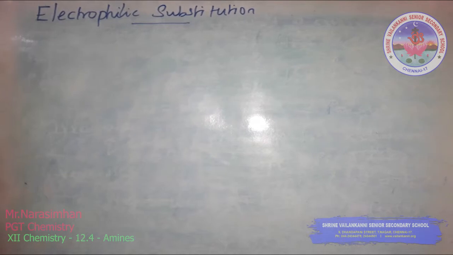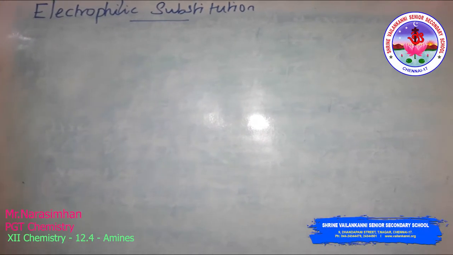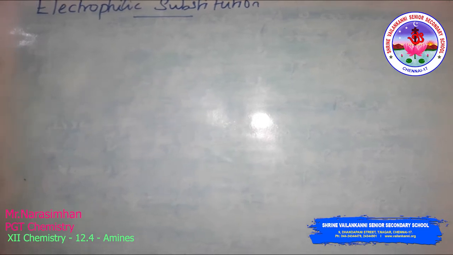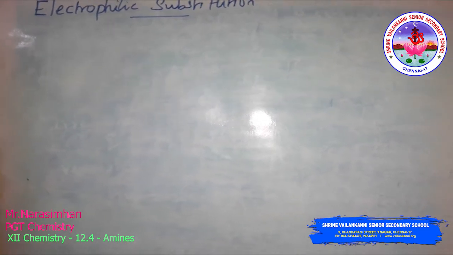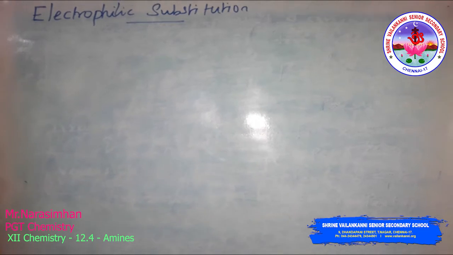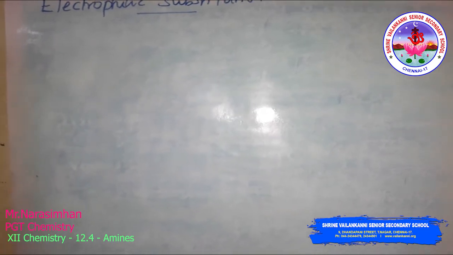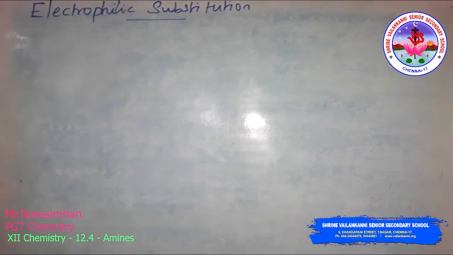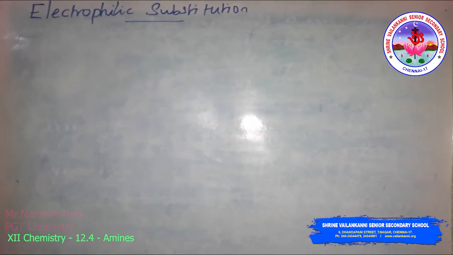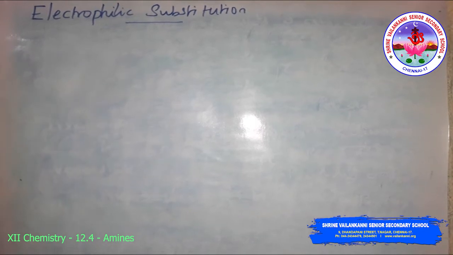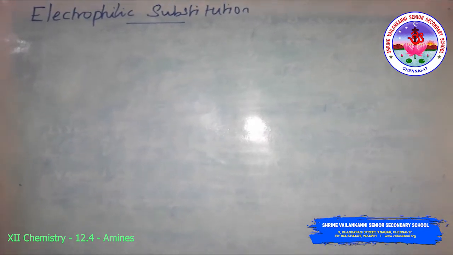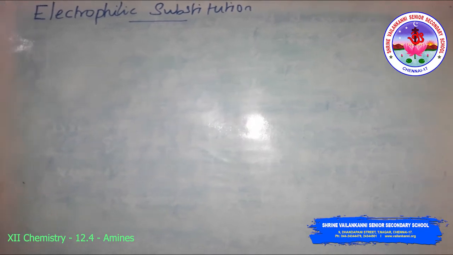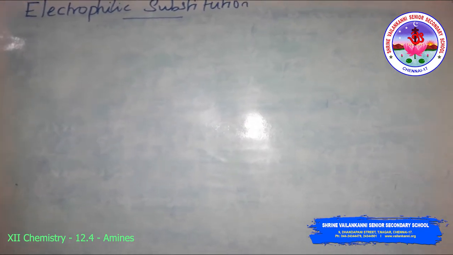Electrophilic substitution reactions in amines. You have already read earlier that aniline has a resonance hybrid of five structures, where we find maximum electron density at the ortho and the para positions. The ortho and para positions to the NH2 group become centers of high electron density. Thus the NH2 group is ortho and para directing and a powerful activating group.